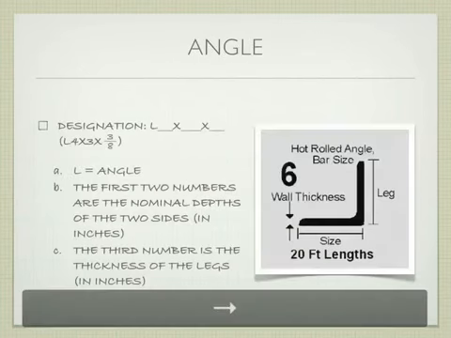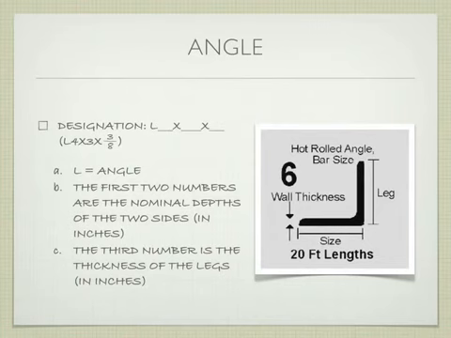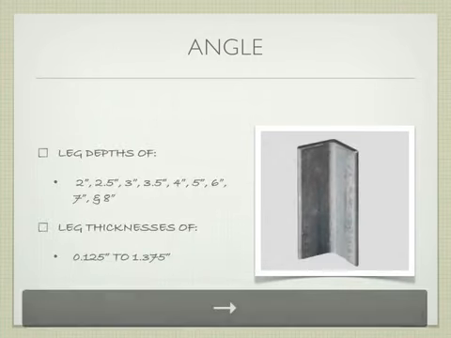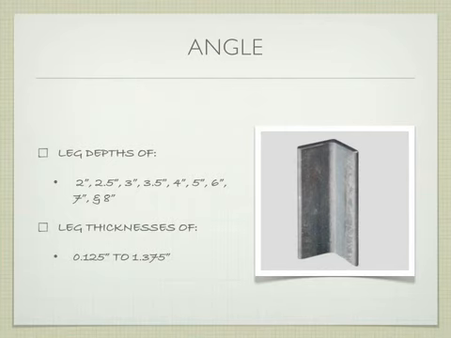Right? An angle. Okay, L would be the symbol for angle. It looks an awful lot like an angle, so it shouldn't be hard to determine that it's an angle. The first two numbers are the nominal depths of the two sides, right? Followed by the third number, which is the thickness of the legs, or the thickness of the sides. Right? So we've got a variety of side pieces. These are less commonly used as like columns or something. They're more likely to be ledgers or something that's going to support a brick window opening or something like that, right? And they're going to have thicknesses from 1/8 of an inch all the way up to 1 inch and